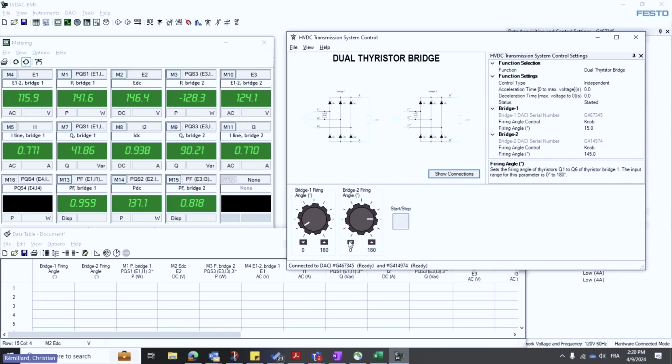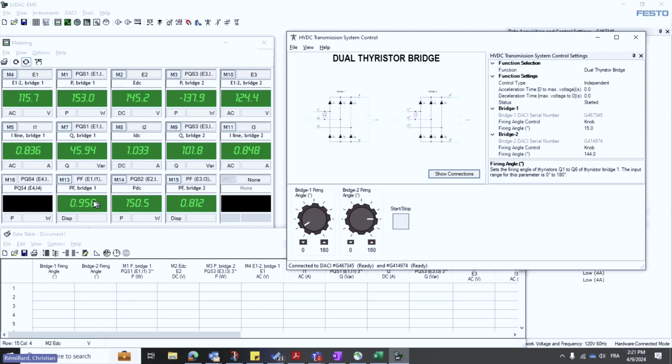You should hear your thyristor bridge whining a little bit because now there is current flowing through it. So here I am about at the maximum current, and my firing angle is now at 144 degrees on the second bridge. And you can also see that now there is power exchange between the two converter stations. So bridge 1 is providing 152.55 watts of active power, 44 VAR of reactive power for a displacement power factor of 0.96, which is really